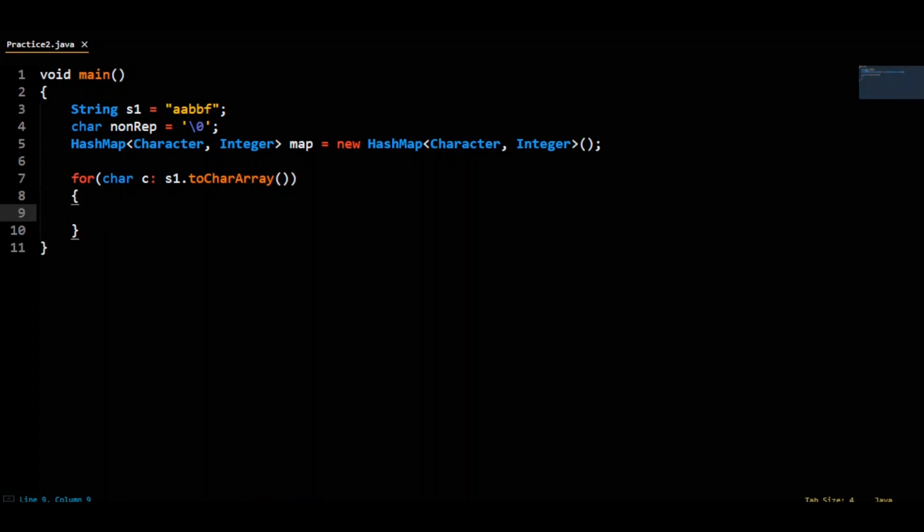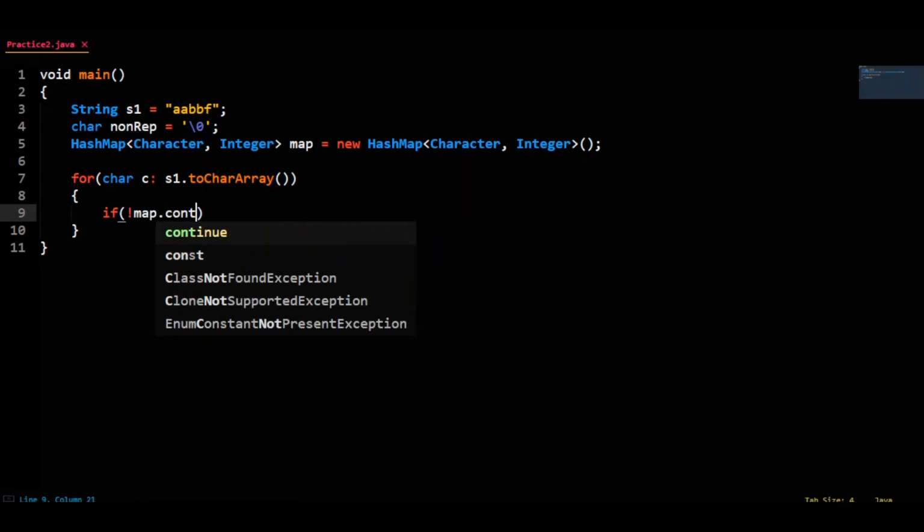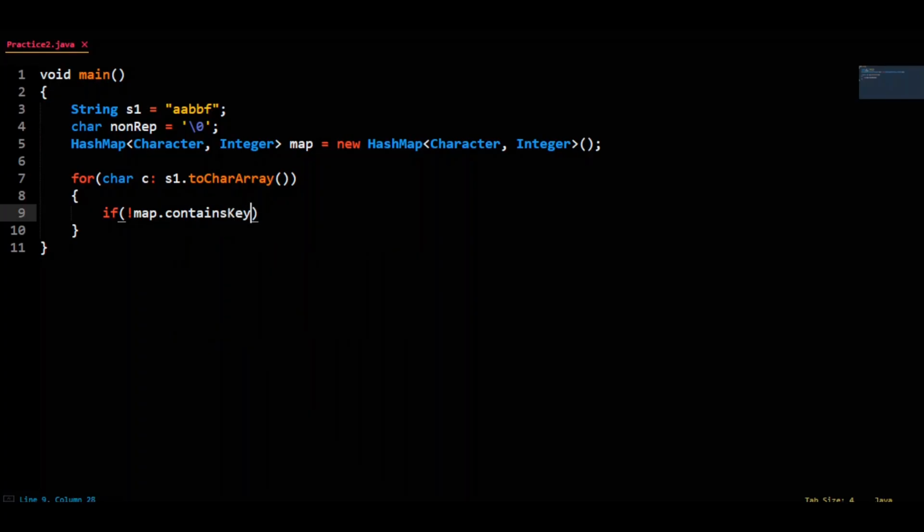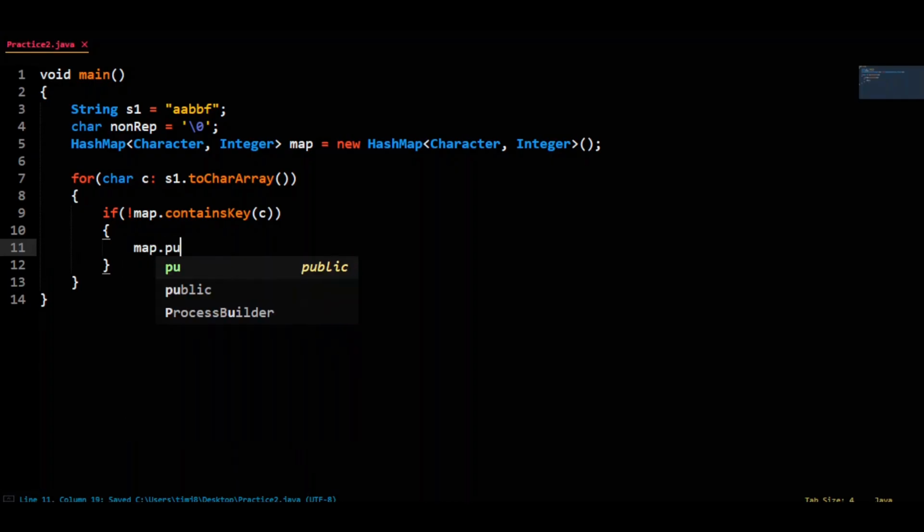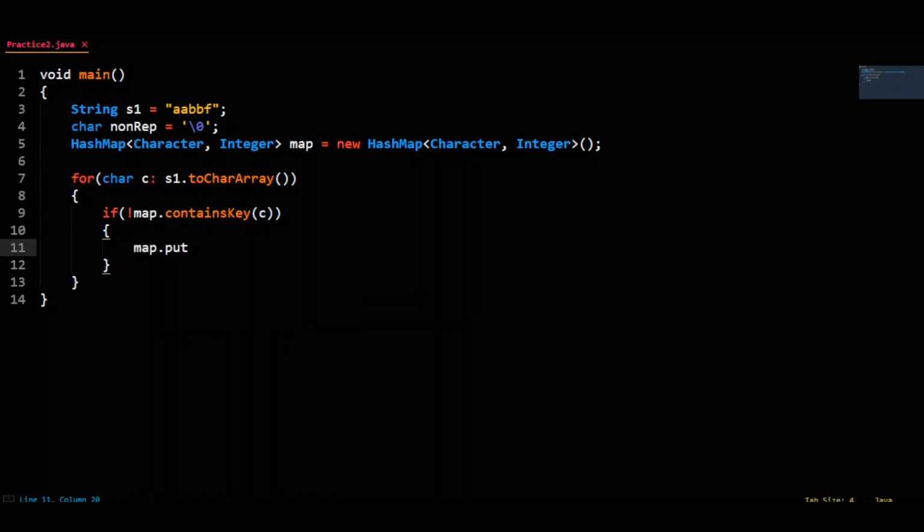For each character, if the hash map doesn't contain the character, so if not map.containsKey(c), then map.put(c, 1). Meaning if the character isn't in the hash map, now the character has a frequency of 1 in the hash map. Else,